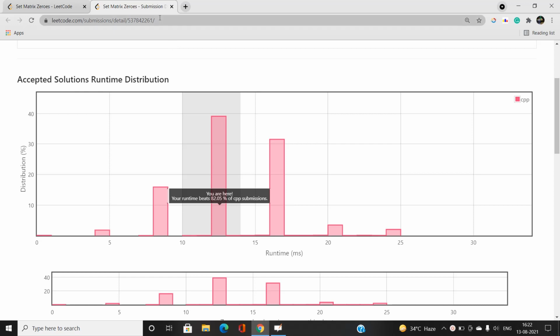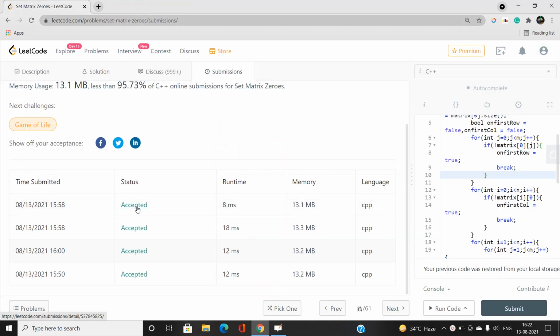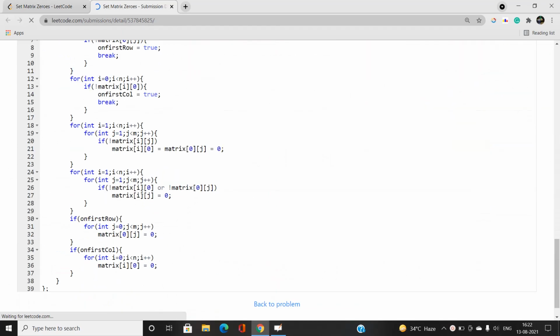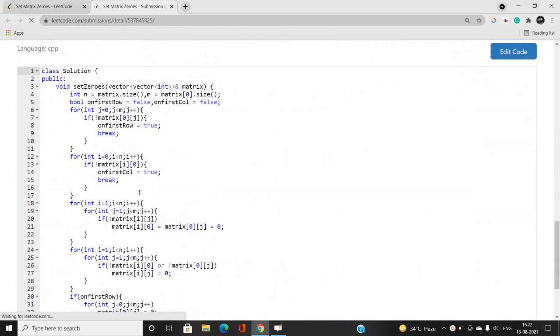Now let's look at the best and most efficient solution which I have submitted. Instead of maintaining a linear vector, we are going to use the first row and first column as boolean variables. If there exists at least one 0 on the very first row, we mark this variable as true, and if there exists at least one 0 on the very first column, we mark that variable as true.